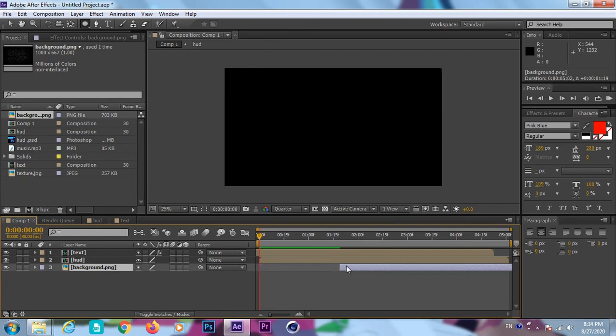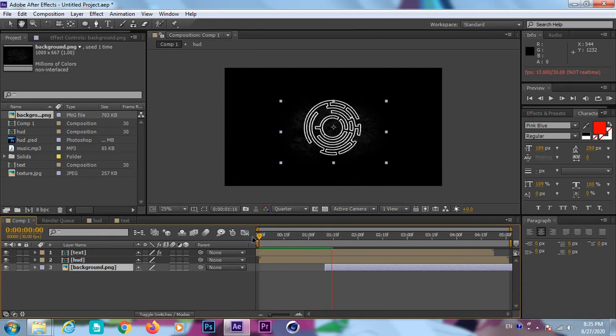So now I'll move to the start of the rotation of that head element. So I check this. Starting of head element I have taken and I put the background there. Now you can decrease the opacity of the head element.